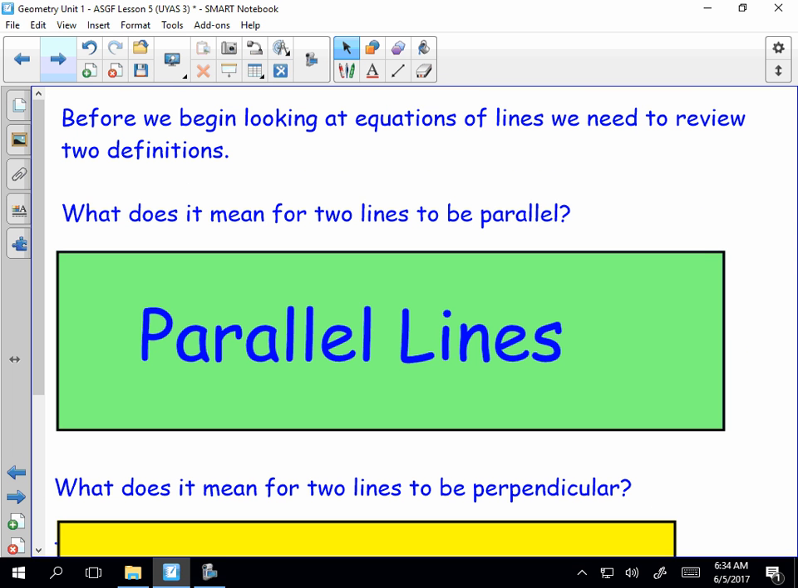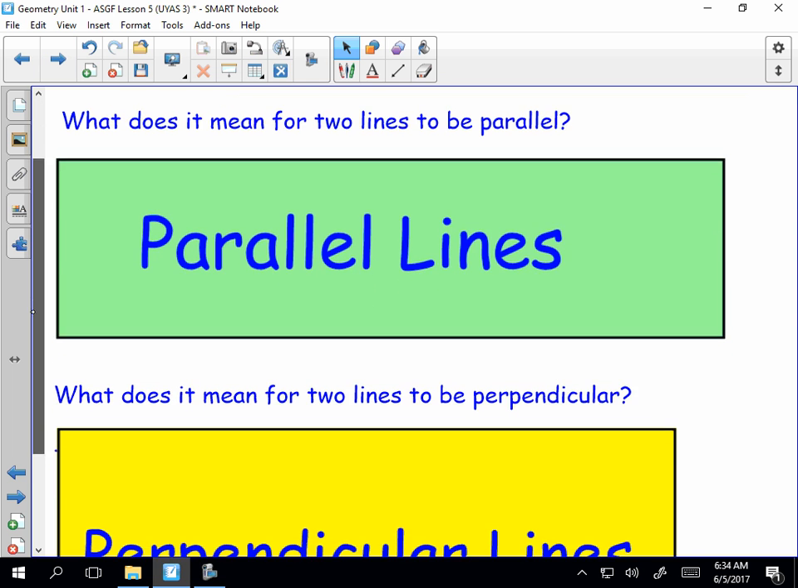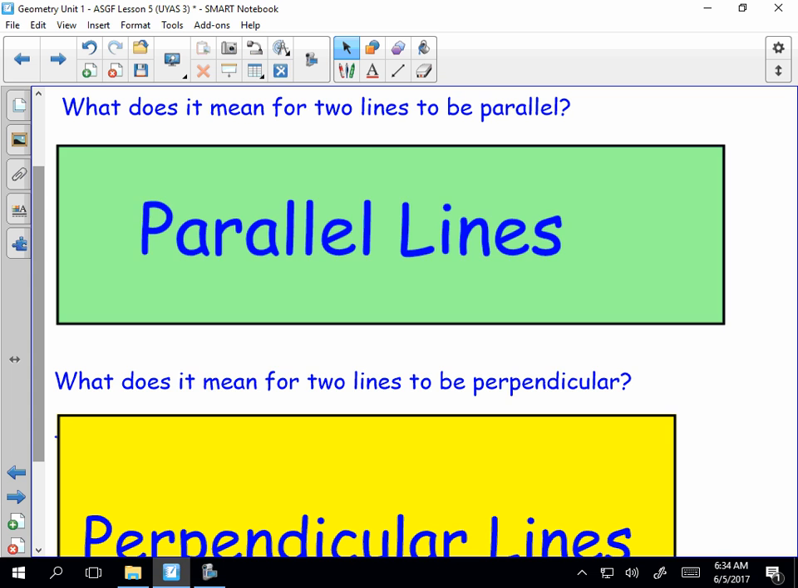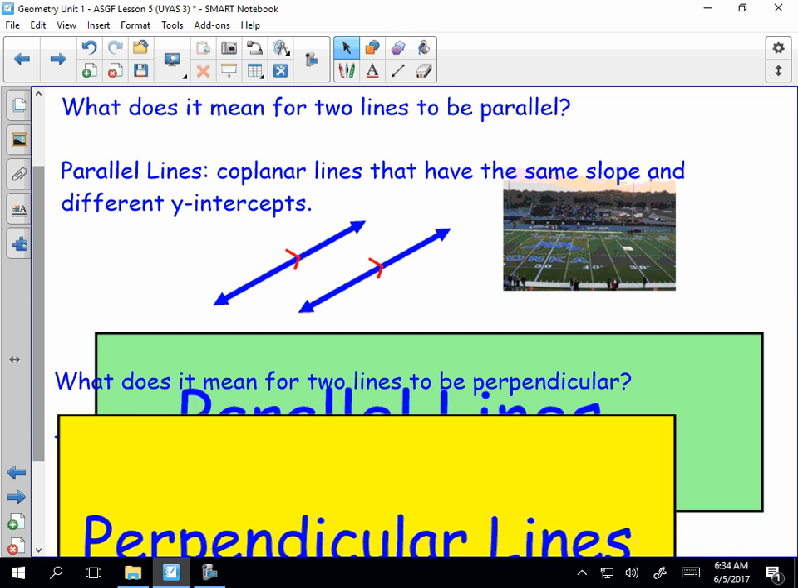So before we start looking at the equations, we need to review the two definitions. What does it mean for two lines to be parallel? When we're looking at parallel lines, they're coplanar, so they lie in the same plane, or on the same surface: tabletop, desk, smartboard. They have the same slope, same direction, positive, negative, same rate of change. But they have to have different y-intercepts to make sure that they're in separate positions within